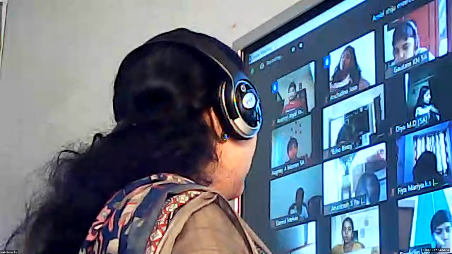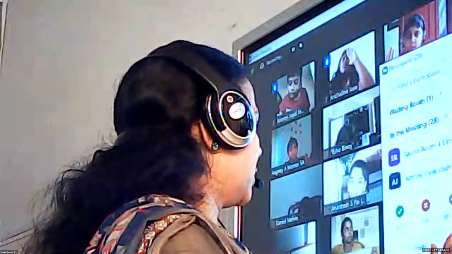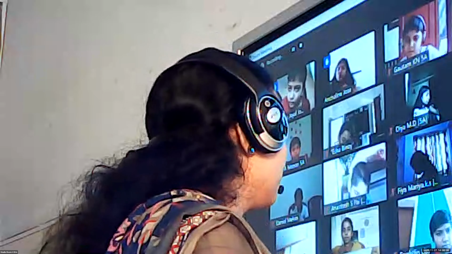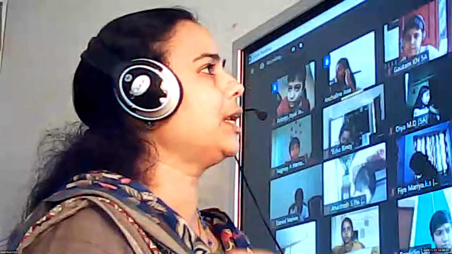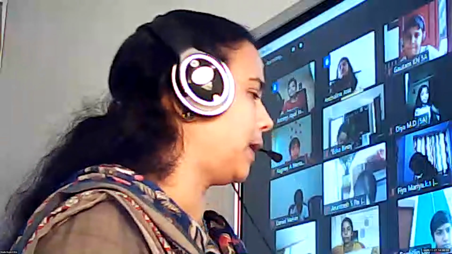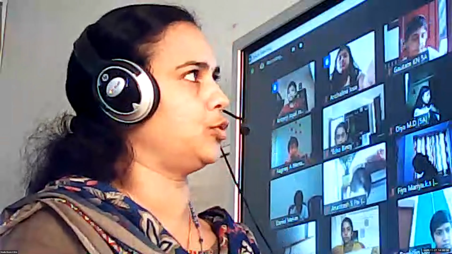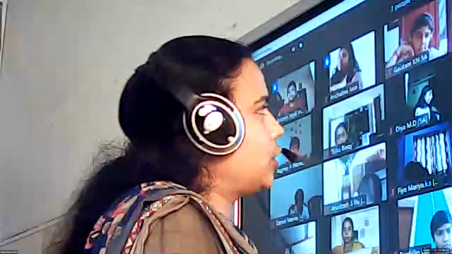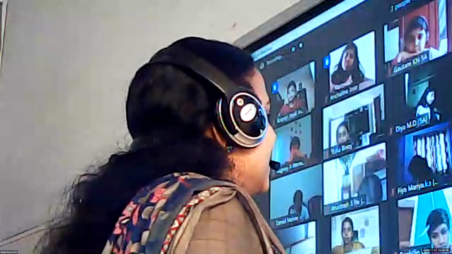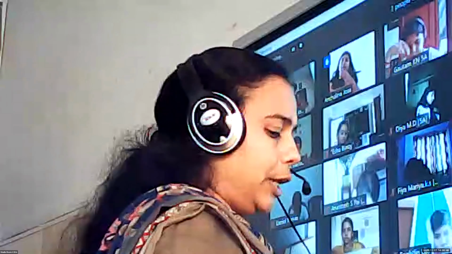Okay, so 6 and 7, children, are there any common factors between them? 6 and 7? No, ma'am. So children, directly you can multiply 6 into 7. So 42. So children, if there are no common factors, you can directly multiply. If by any number you can multiply and make the other denominator, that also you can do. If it is not possible, we can find the LCM. So clearly here 6 into 7 is the LCM, 42. So children, can you do?